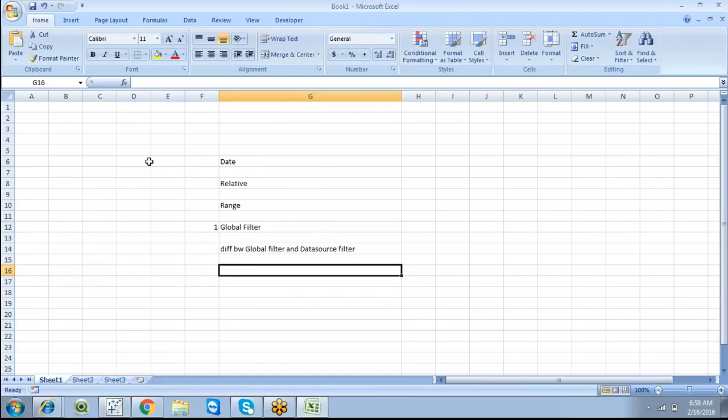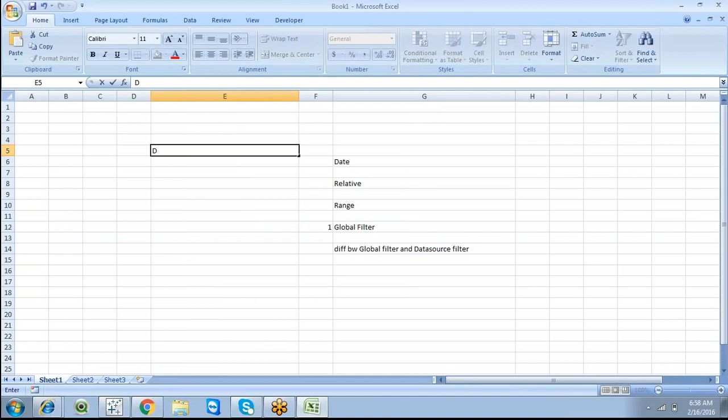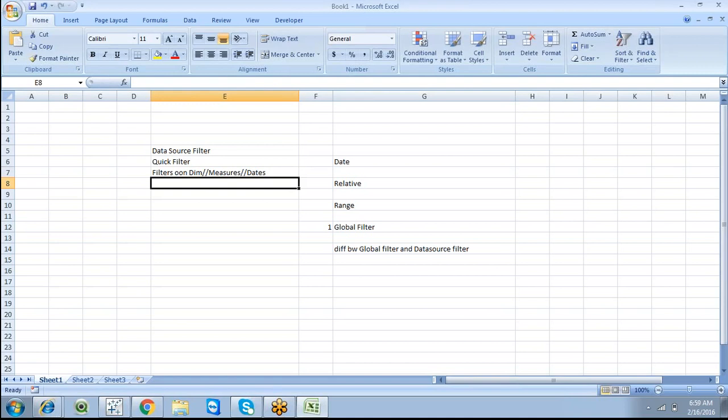So we have discussed the types of filters and the basic concepts: the data source filter, the quick filter, and filters on dimensions, measures and dates.